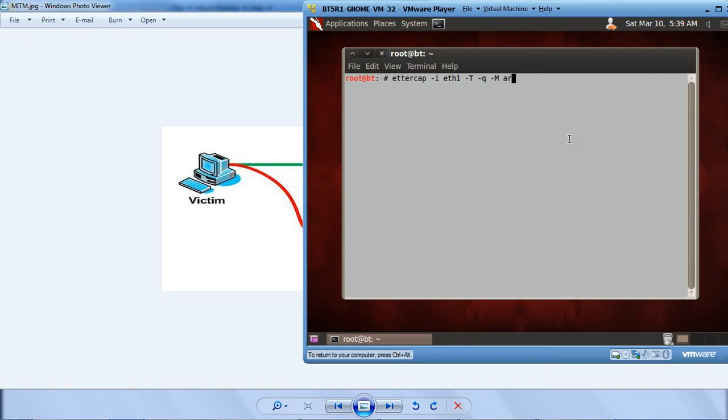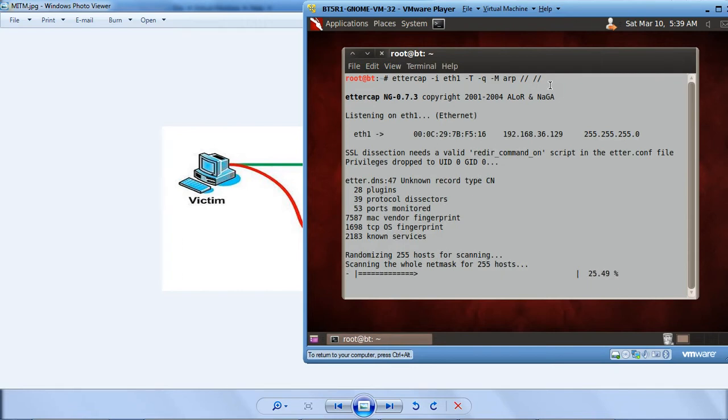In the MITM we are looking for ARP poisoning, and the // here are for scanning the network. This is the complete command to start an MITM attack, and in MITM we are using ARP poisoning. Hit enter. This will start the attack.